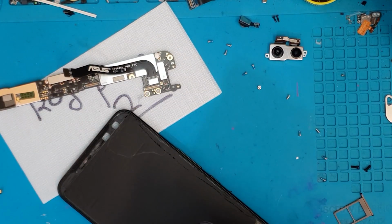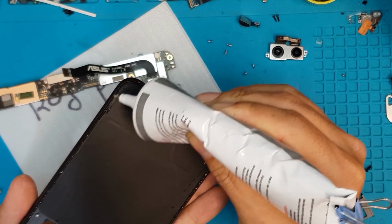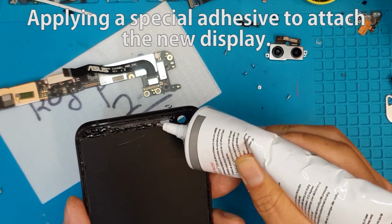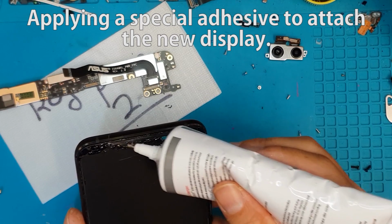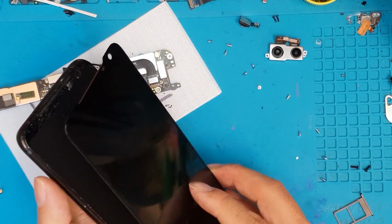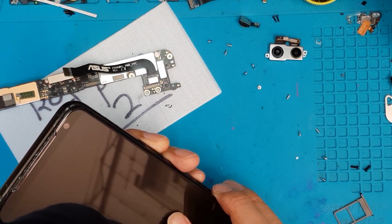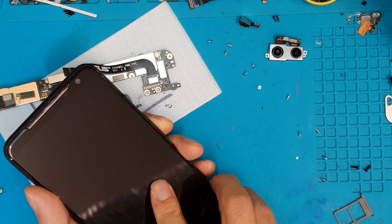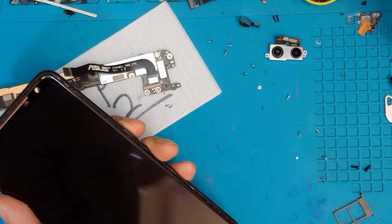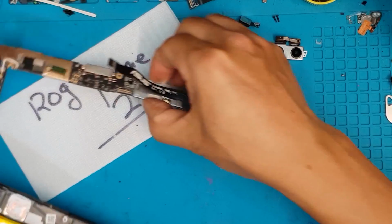So as we remove this, we're gonna clean off the old adhesives and replace it with the new one. So this will preserve, hopefully, the water resistance of the smartphone. And we're gonna install the new replacement screen. So at this point, we're still not gonna be able to test it. So we have to test it right after we